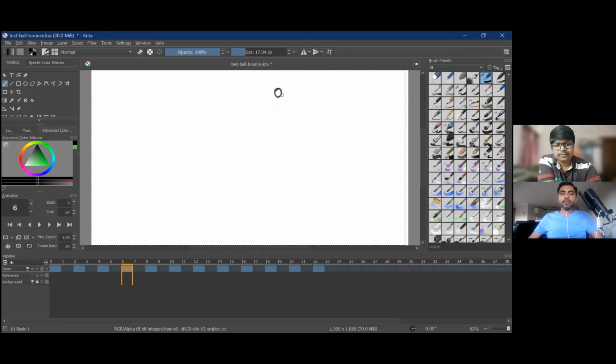Then in the next frame, it has moved a little more, and coming to the next few frames, you can see the ball is moving a lot, right? Between these two frames, there is a lot of distance covered. Coming back up again, it's the same concept. I've just copied the previous frames, and once you're coming to the top, there are very nearby distances.